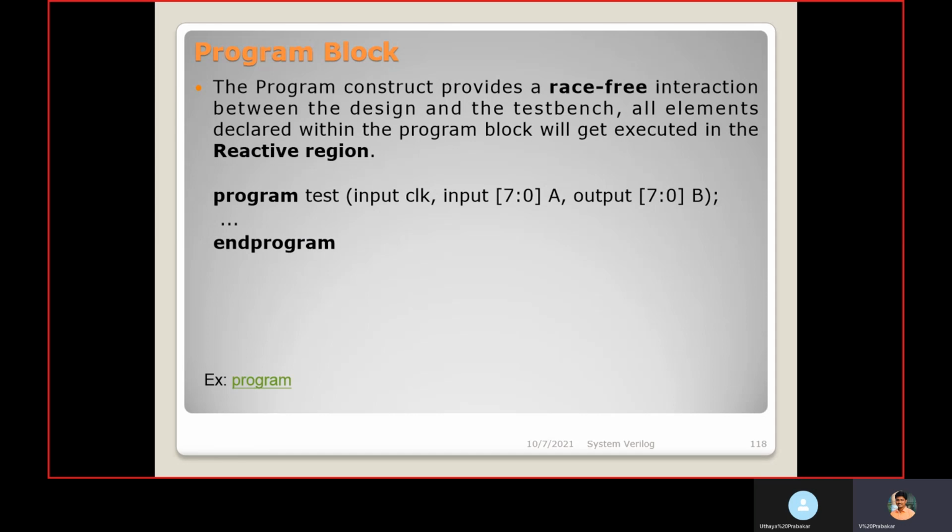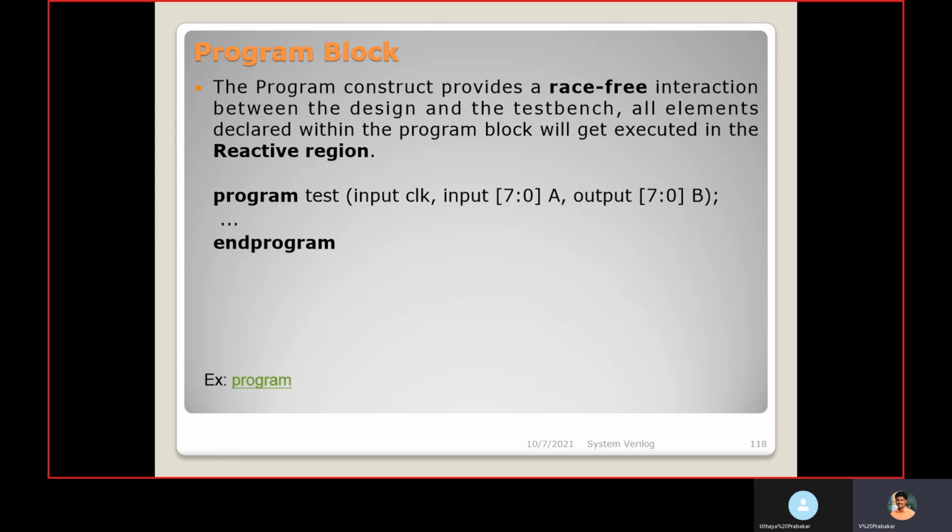Because if both execute at the same time, the design may miss the signals to catch up, the input signals forced from the test bench. The design may miss its signals when both happen at the same time.